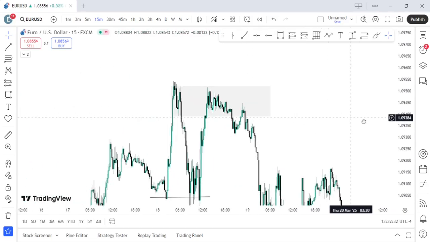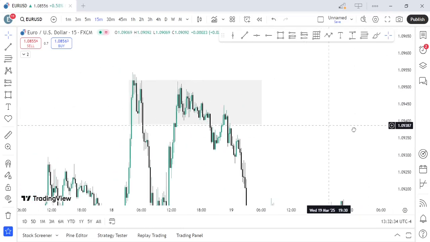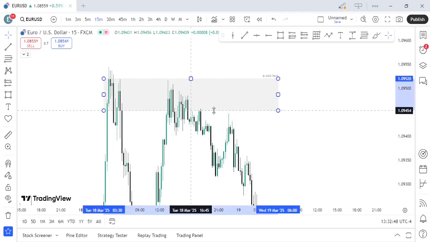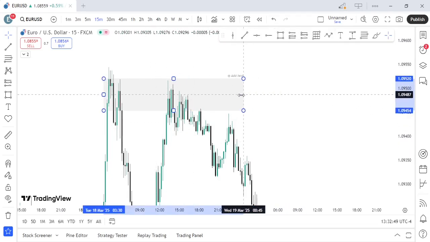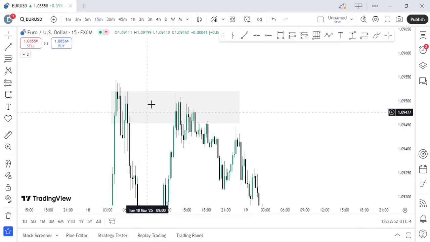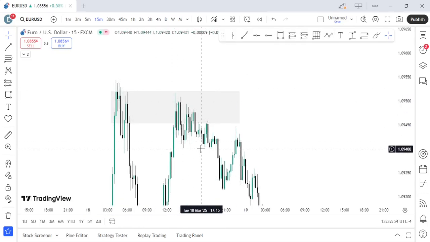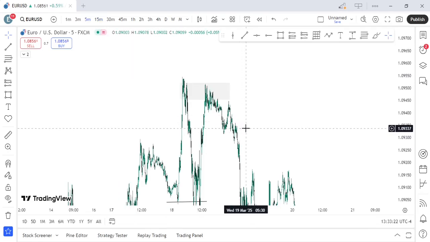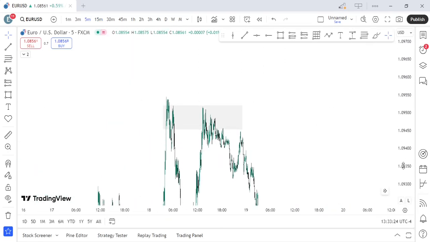Okay, so this is a 15 minutes time frame, and as you can see, we have this order block right here. Now this is a 15 minutes time frame. Let's try going down to the 5 minutes time frame and see if we can reduce this order block. So on a 5 minutes time frame, if we actually take a closer look,